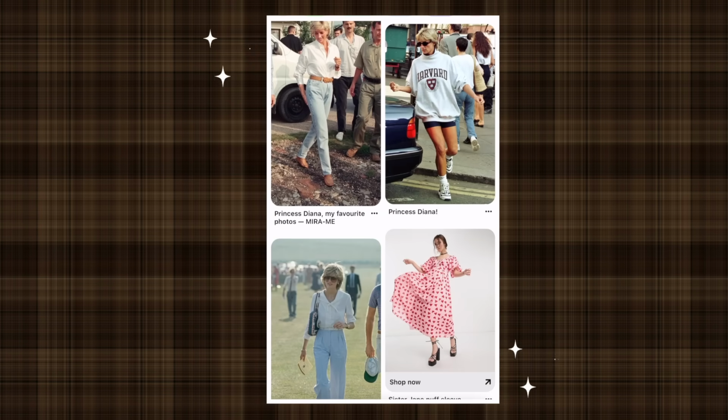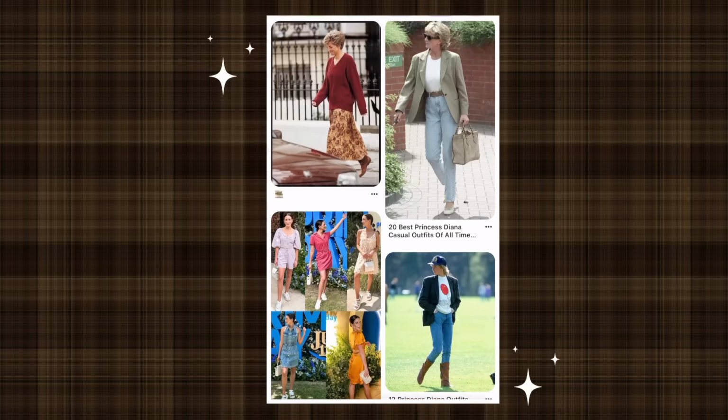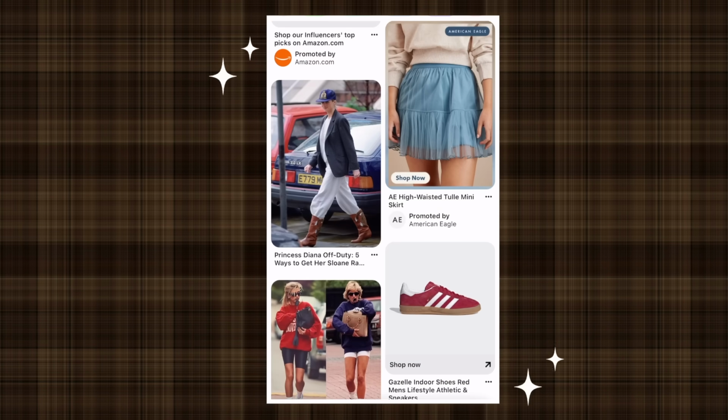Princess Diana had such an incredible sense of style and had so many amazing outfits throughout her life, and she has inspired so many generations of women to wear such cute, fun, playful outfits, etc. And I'm just such a huge fan. Obviously, I grew up a 90s kid and I thought I would do my best to create some Princess Diana